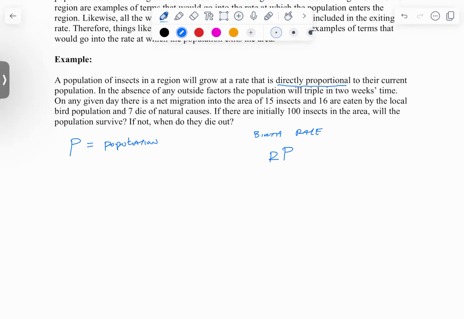Overall, let's create the whole IVP. So, the change in population, growth,